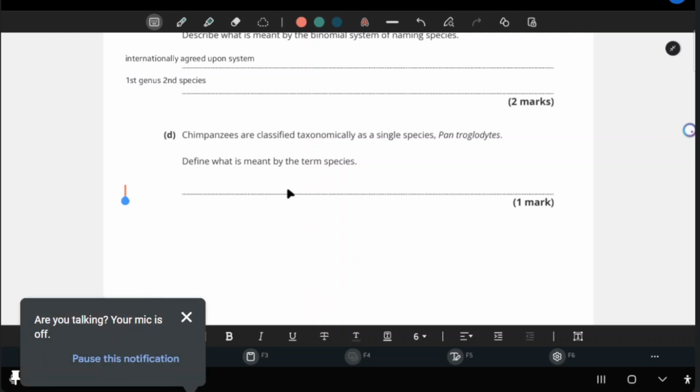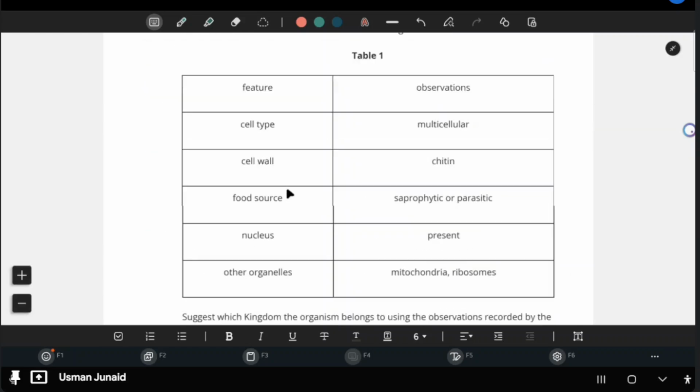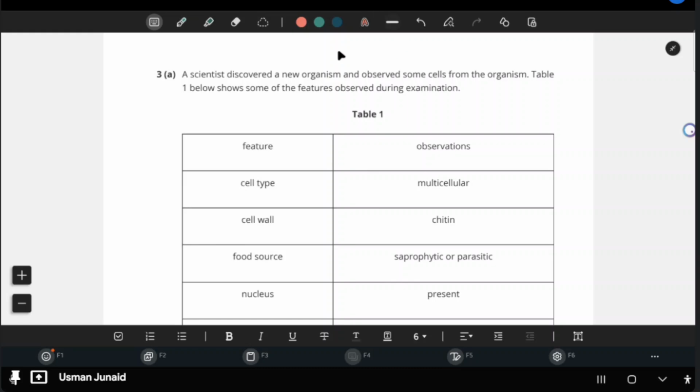Yes. So animals that can produce a viable offspring are called a species. Okay. Now,